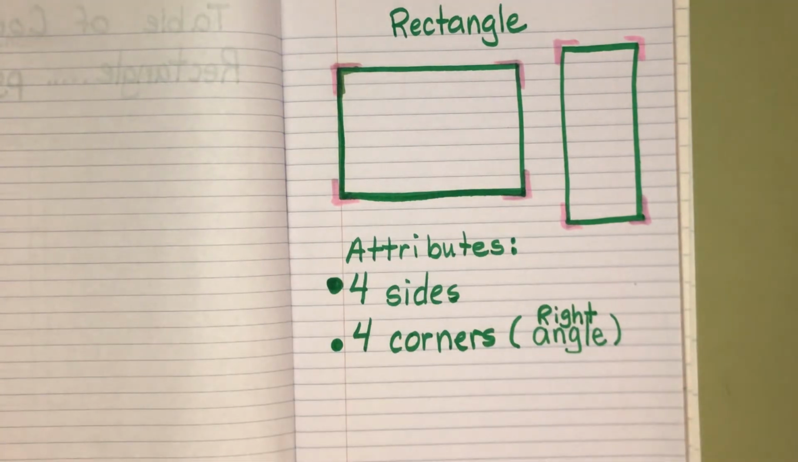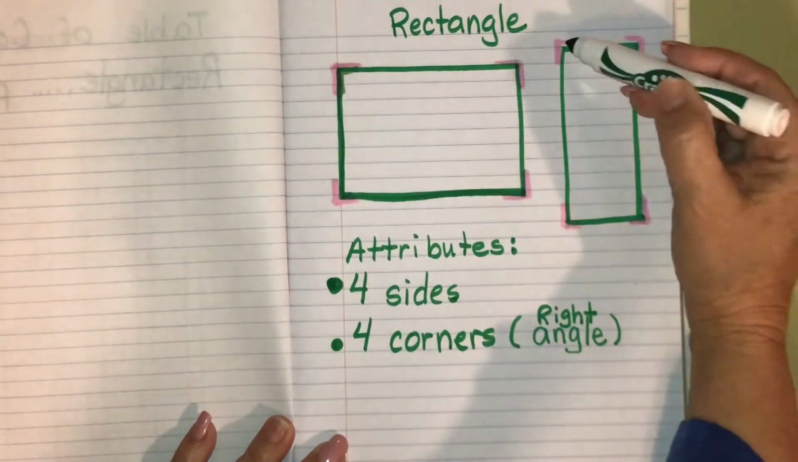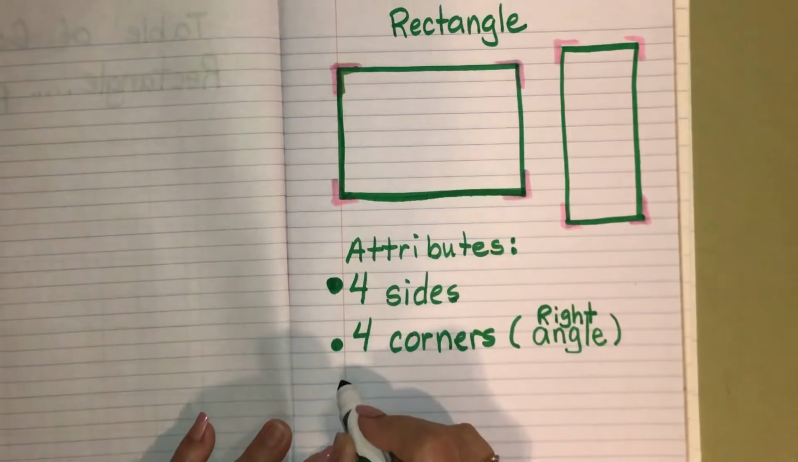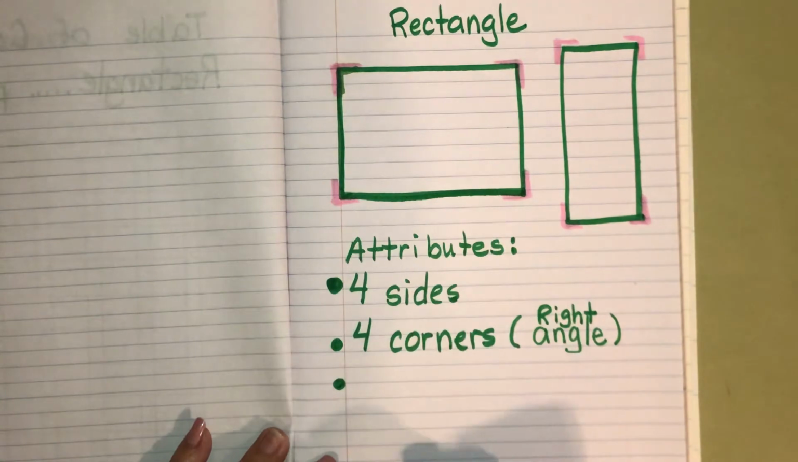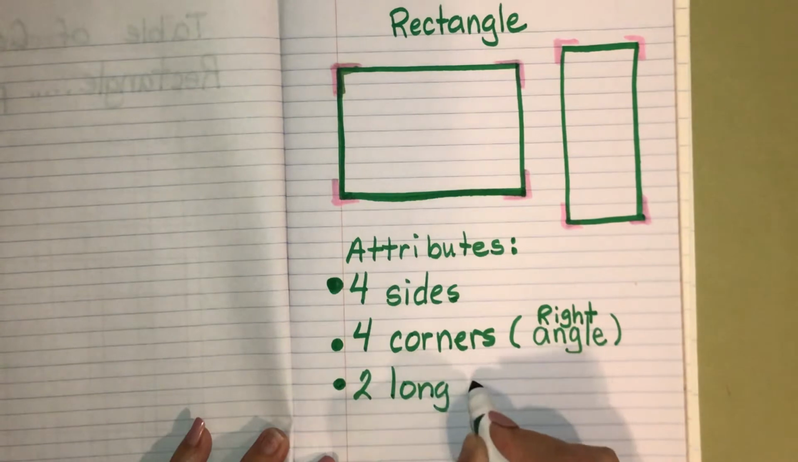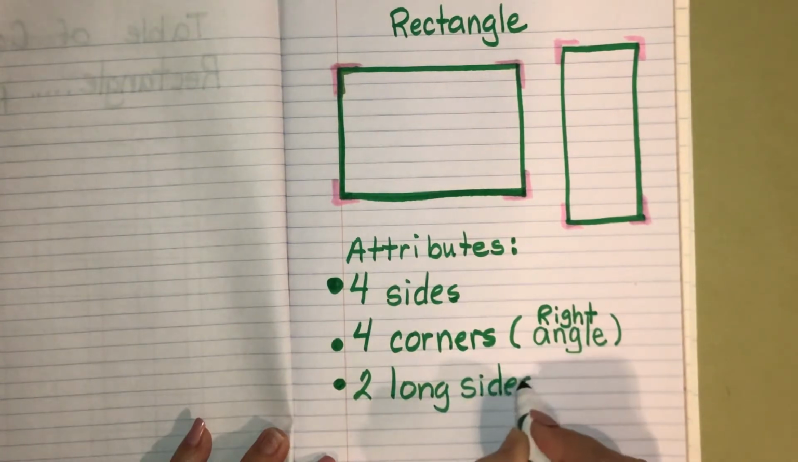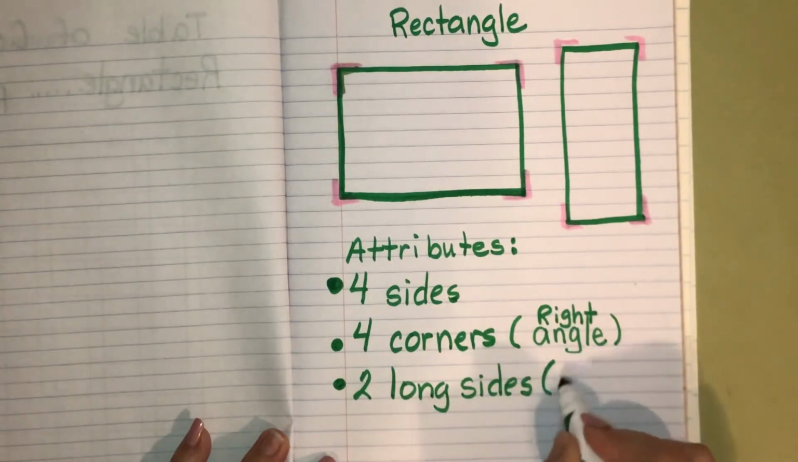The next attribute, most people would say, is that they have 2 long sides and 2 short sides. When we very first started, I said to make the long, and then we also made the short. Let's go ahead and put these little bullets because it makes it really easy to see. So there are 2 long sides, and the word that I used when you were drawing that was length. 2 long sides, and we'll put that over here, length,